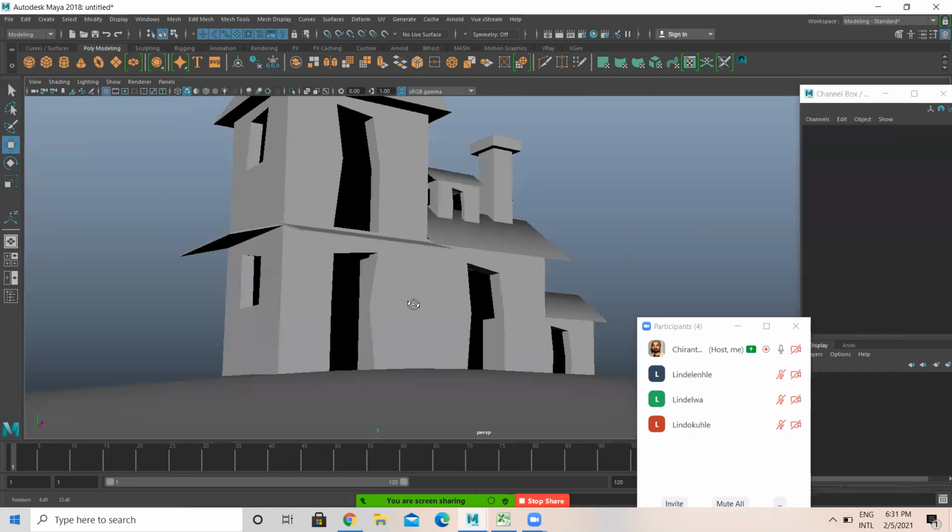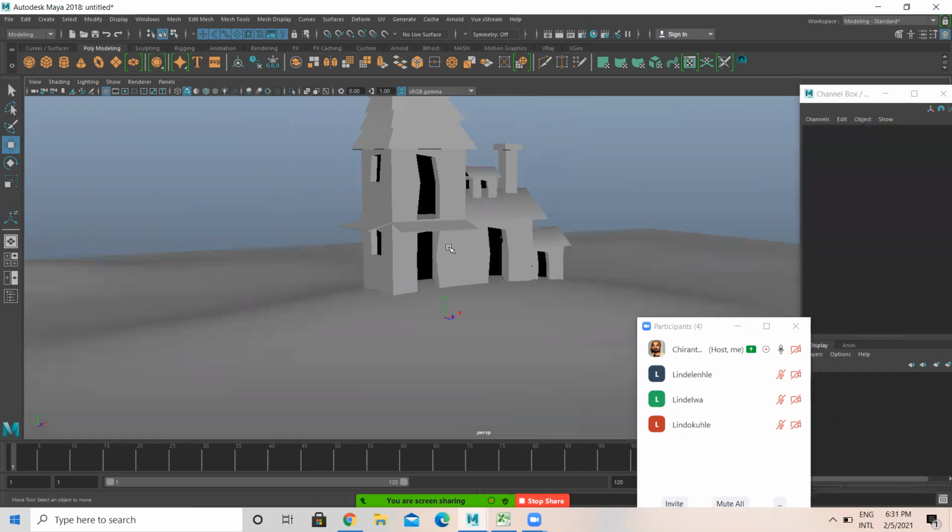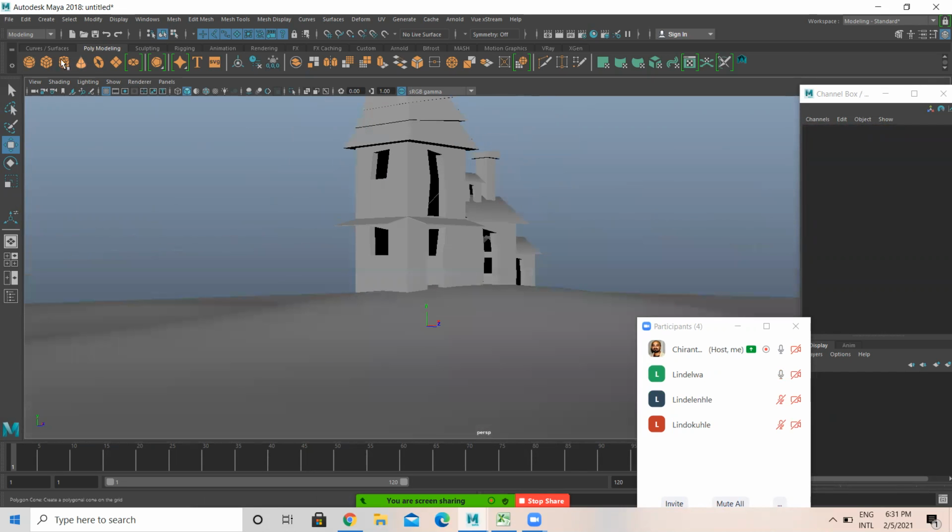Okay, like this. Got it? I'm just taking a cube plane, and I'm using the tools edit edge loop and extrude, nothing else.